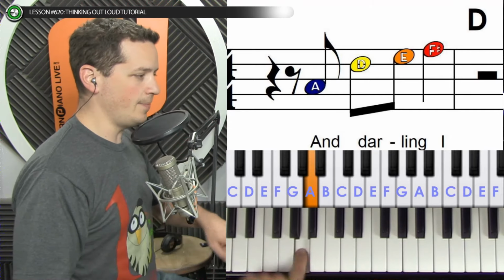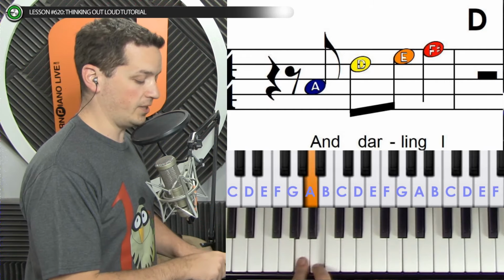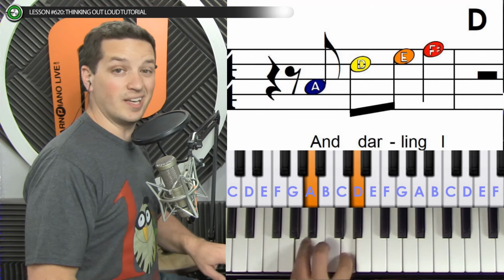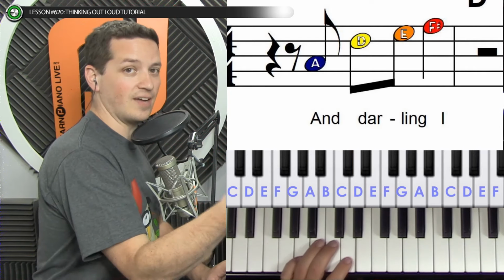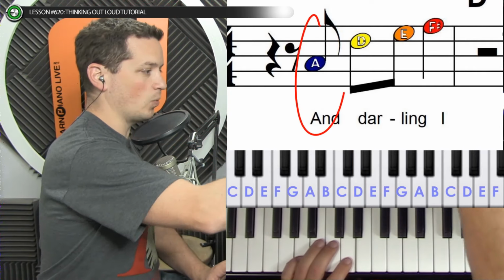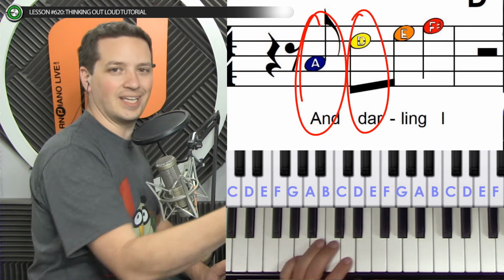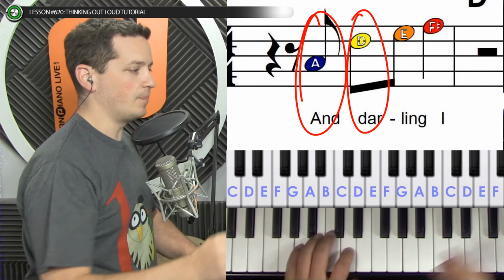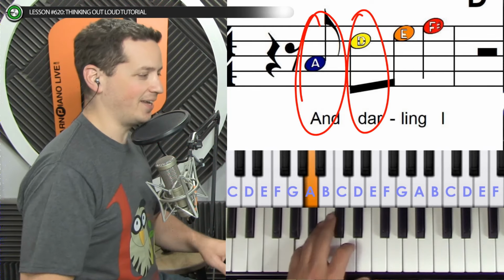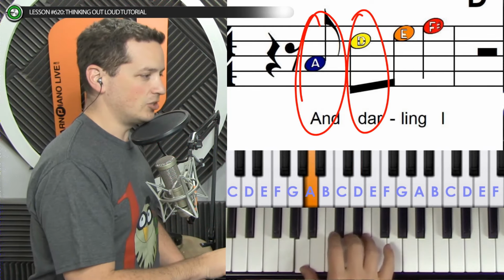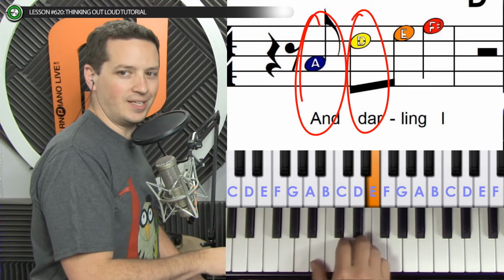So we would take an A, and then if we just count up from there, A, B, C, D, D would be the next note. And I can't stress this enough, I really recommend at least saying the words out loud as you go, preferably singing, even if you don't like your singing voice, making some noises with the lyrics as you're playing the notes. And then the next note up would be an E.